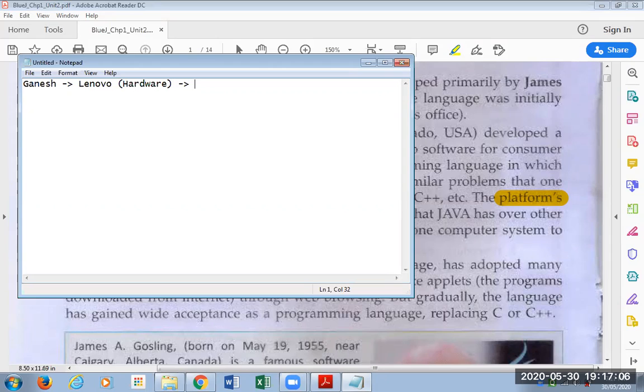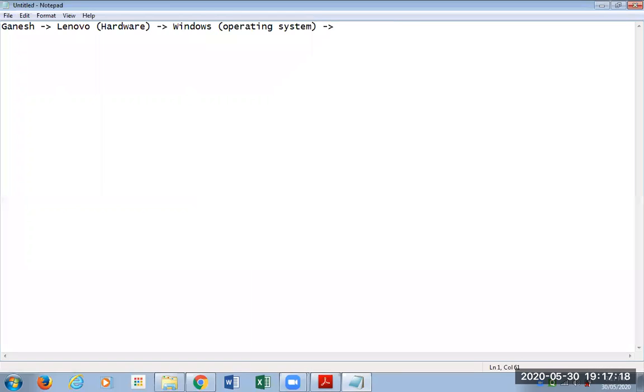The operating system that I'm using is Windows. And I'm making programs in Java for a client of mine. The program I'm writing in the Java language is the source program.